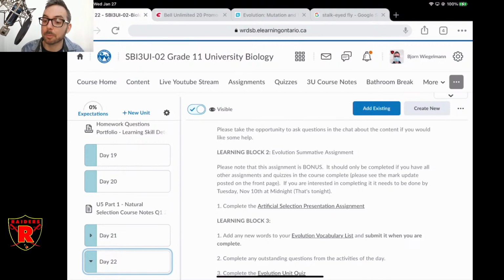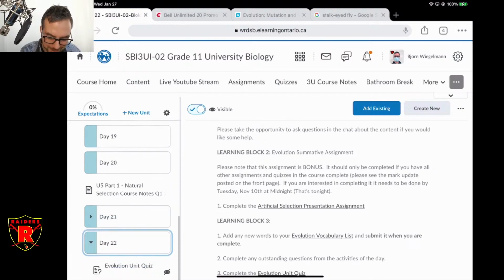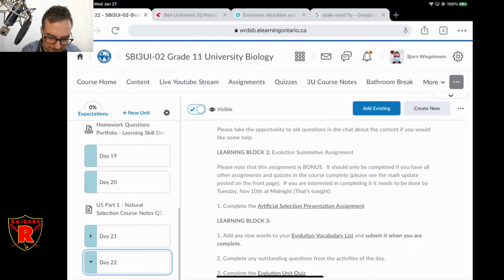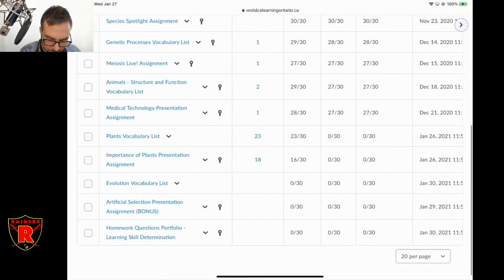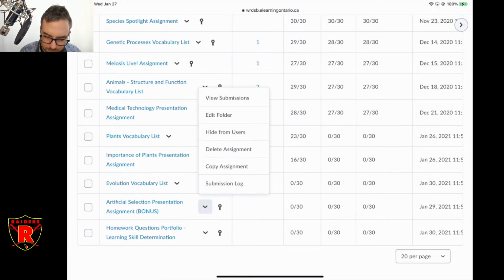Now, if you do want to improve your mark, I highly encourage you to do it. I'm not saying don't do the assignment, but don't just throw this out there as something to do if you're not really planning on giving a best effort. Something to improve your mark. Anyway, that being said, let's talk about what it actually is. I clearly wrote on there that this is a bonus. Again, I only count it if it improves your mark.